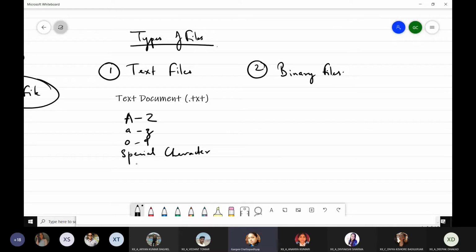Special characters like $, multiplication, percentage, minus. So basically, we should say that it is your ASCII or Unicode character set.